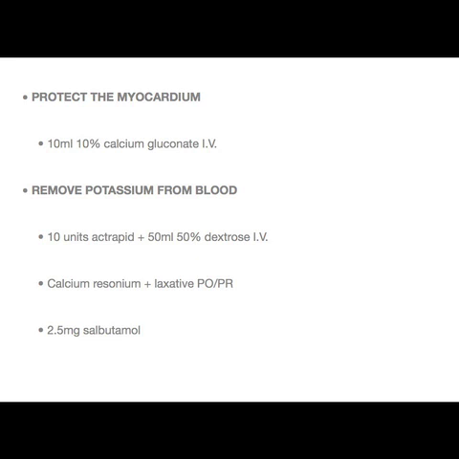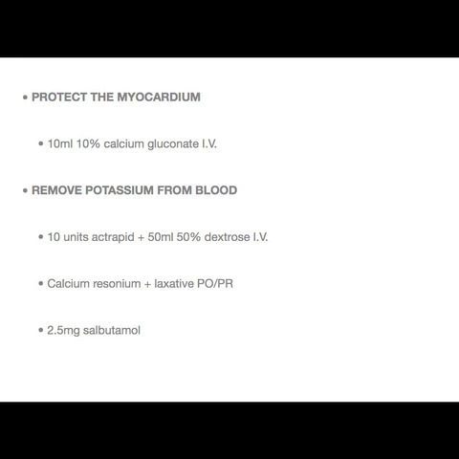Primarily, you want to protect the myocardium from the potassium, and this is done using IV calcium gluconate, usually 10 ml of 10% solution, given over around 2 minutes. Note also, when giving this drug, that the patient should be on cardiac monitoring. You then want to give a drug to drive the potassium back into the cells. The most common regime used is 10 units of actrapid insulin and 50 ml of 50% glucose IV, typically given